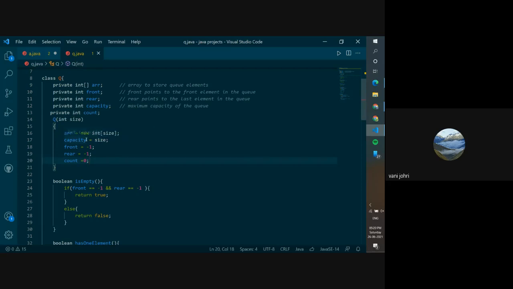We did capacity equals size because this is the maximum size of the queue. We did front minus one and rear minus one. Why? Because right now your queue is empty. You saw in the animation that when the queue was empty, both rear and front were minus one. And count equals 0 because there's no element right now. Is this much clear?